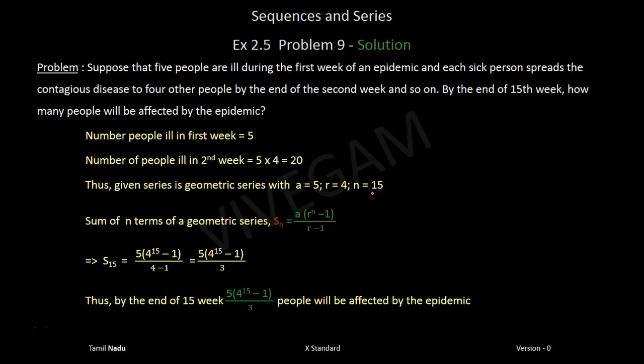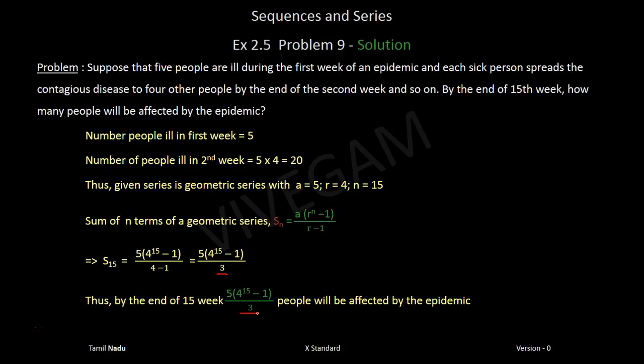So n equal to 15. Substitute all these values in this equation. So this will become a, which is 5, into r to the power of n. r in our case is 4, so it becomes 4 to the power of n, and n is 15, so 4 to the power of 15, minus 1, divided by r minus 1, right? So it will be 5 into 4 to the power of 15 minus 1, divided by 4 minus 1, that is 3. Okay, so by the end of the 15th week, we will have this many people affected by the